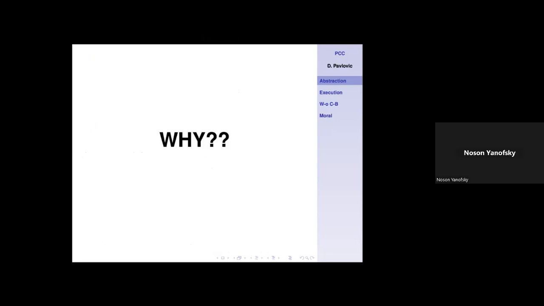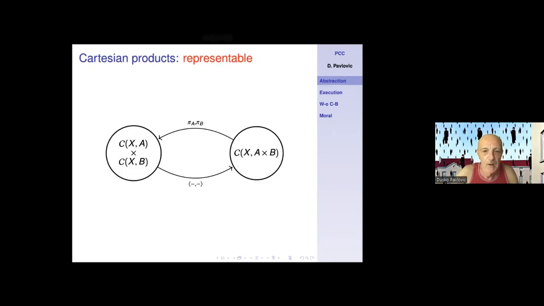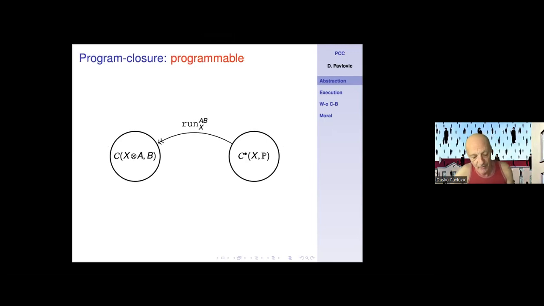Okay, so why under the sky is this true? Why would there be one natural surjection to some functor? Well, going back, Cartesian products mean that something is representable. There's a representing object. Cartesian closure, again, means that some functor is representable. There's a representing object. Here, like I mentioned already, there is no representing object, but what we have here is